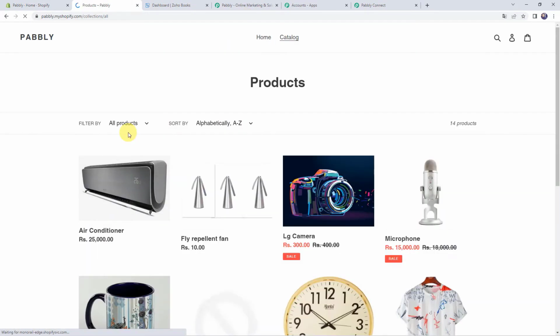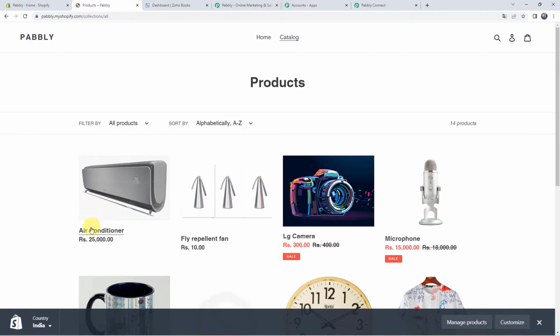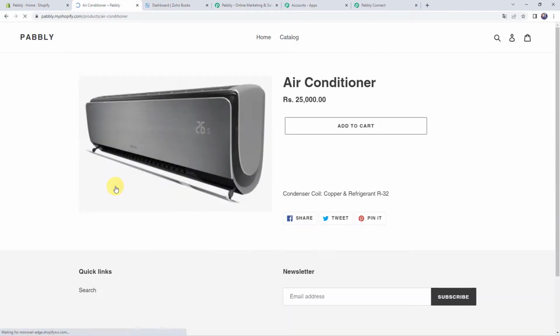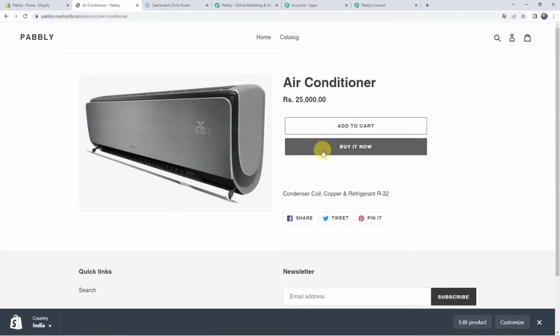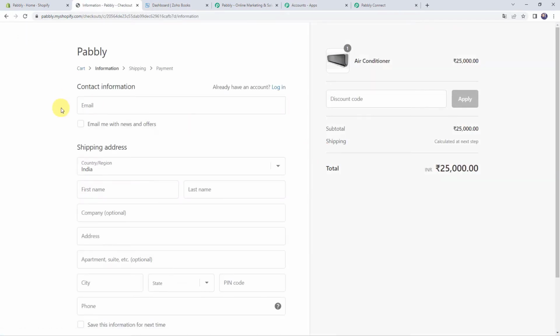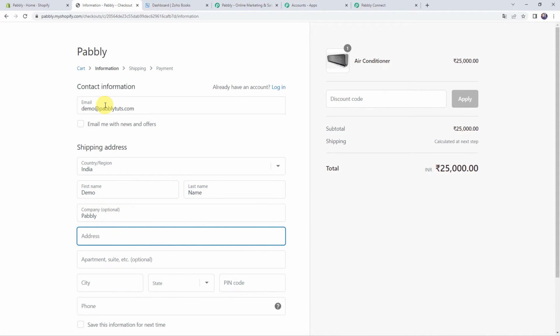Okay, and here we have to make an order. So I'm just going to select this air conditioner. Let's place the order for it. Click on buy it now. Okay, and here I'll be filling the details. Let's give the email address as demo@pabblytudes.com. Okay, let's give the first name as demo, last name as name itself, company name as Pabbly, address as